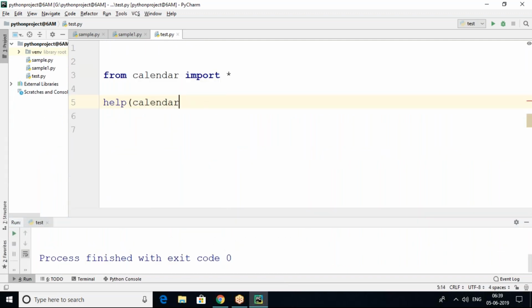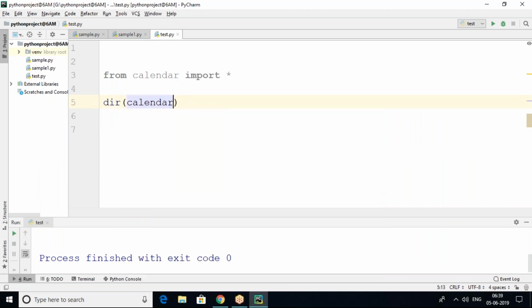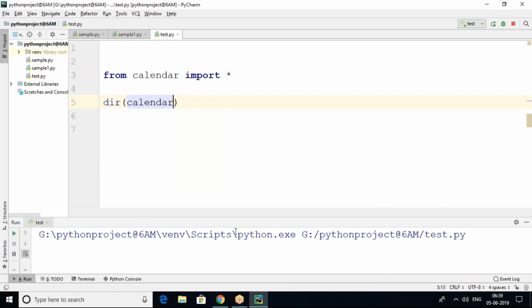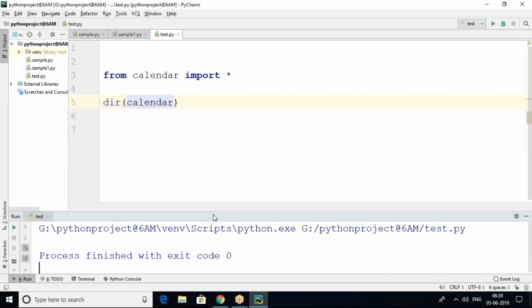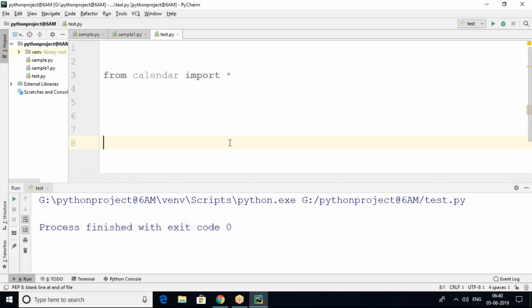Otherwise we can find the directory functions, dir of calendar, so what methods are present in the calendar. So this is about the calendar module. We can get leap years or how many leap days there are, and we can display a particular month calendar of that particular year by using the month function.